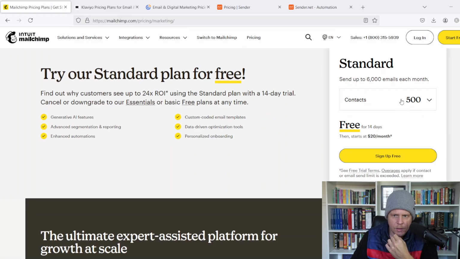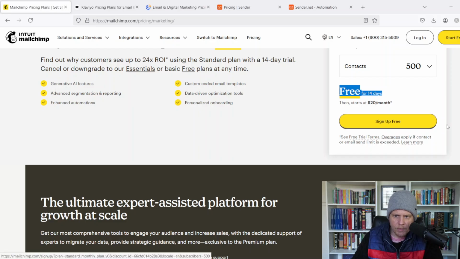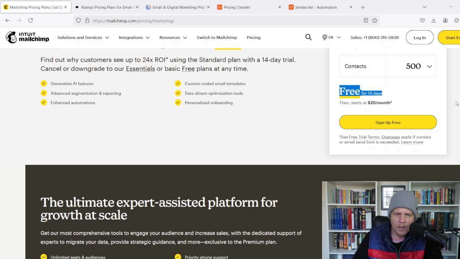You can see that their standard lowest tier service, for 500 contacts, is free for 14 days, but then it starts at $20 a month. So that's not bad if you're just getting started. The problem with that is 500 contacts is not really a lot. If you're a business just trying to get going, or let's say you're a self-published author, or if you have a product or service that is a low price point, maybe not a repeat usage business model, then this can